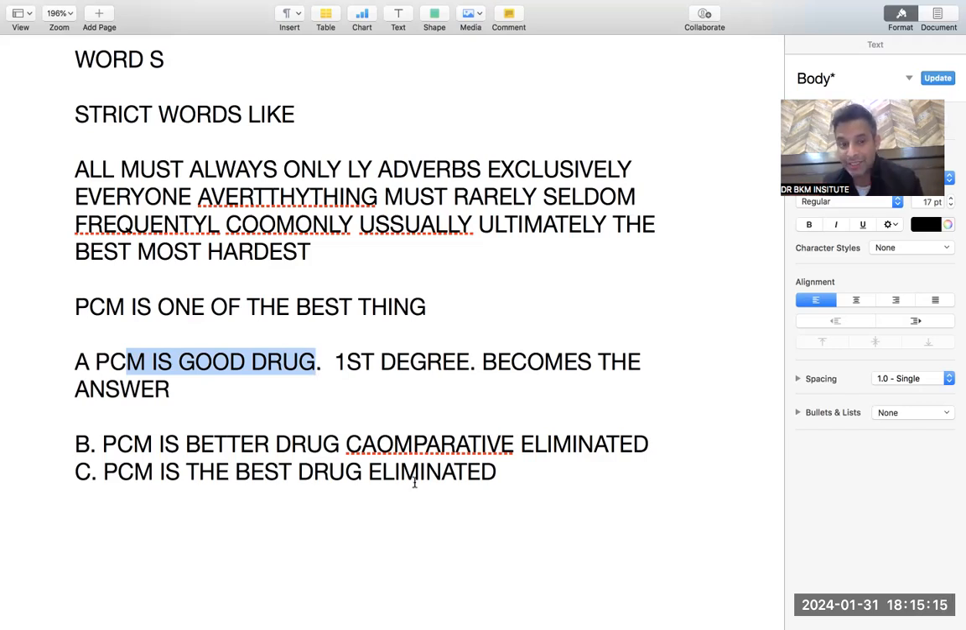So what I say about the elimination method is: eliminate these two options, comparison and best, if it is not given in the paragraph. If I see in the paragraph the line, paracetamol is one of the best things, then it is not the best thing, so eliminated. There is no comparison given. For comparison, there should have been a line saying paracetamol is one of the best things, and